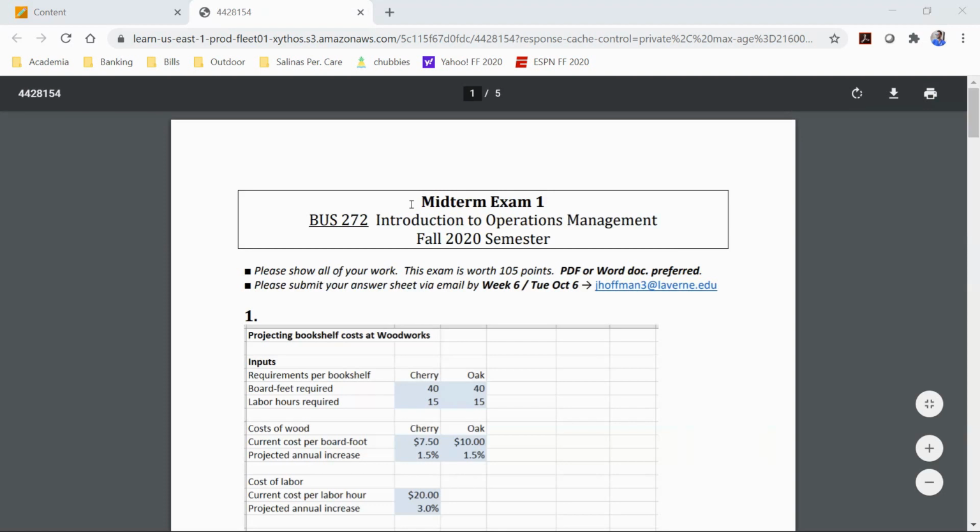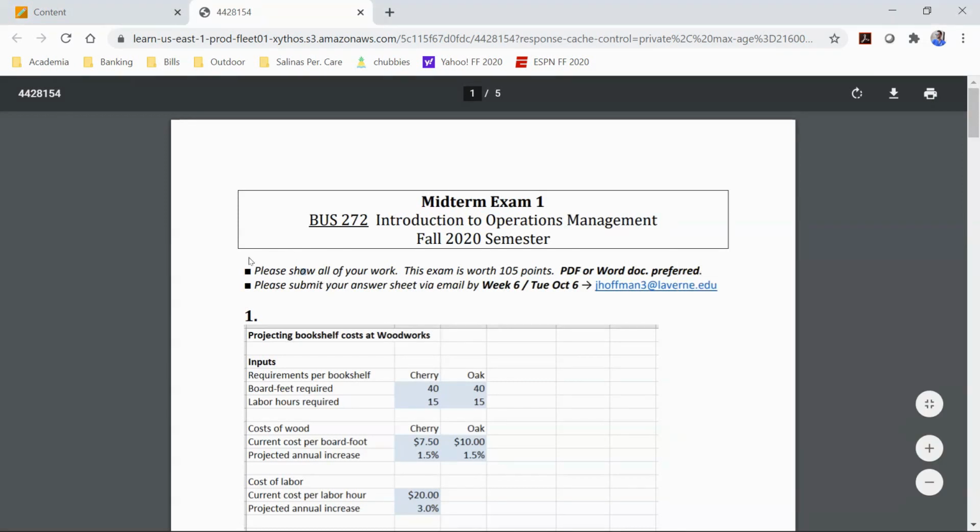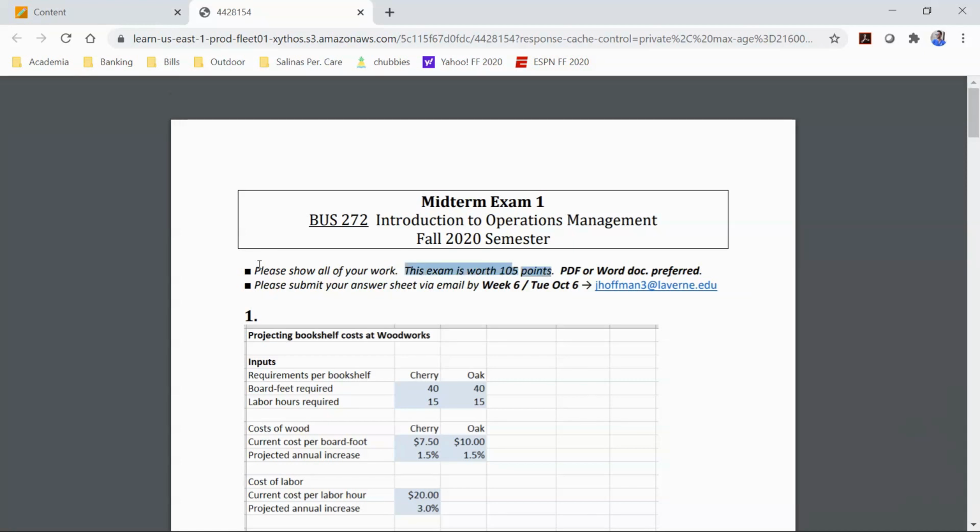Alright, so here's your midterm 1. This is all take home. You have a week to do it. Okay, so show all your work to get partial credit. And because there's 7 questions, the way to make it come out evenly is just to make each one 15 points. So 7 times 15 is 105, so the test is the same, but just for mathematical purposes, each question is 15 points, and the total points come out to 105, but it's still based on percent.